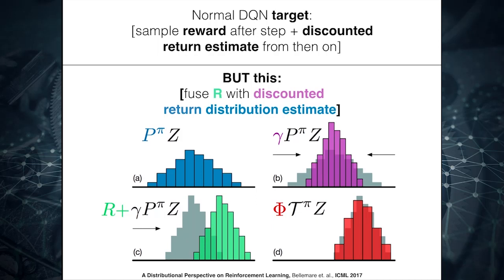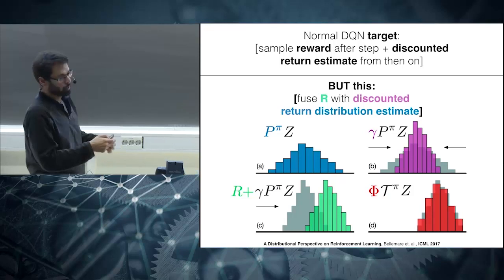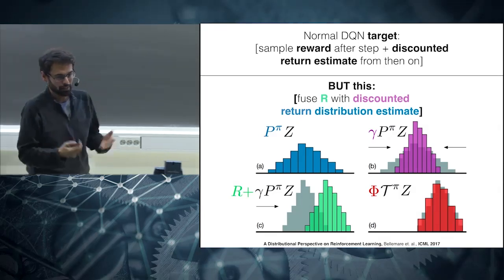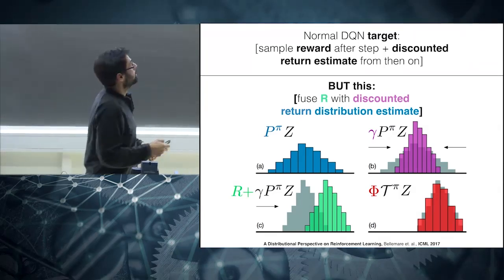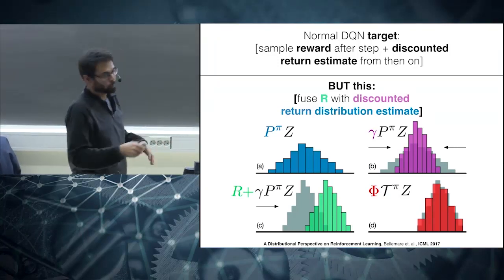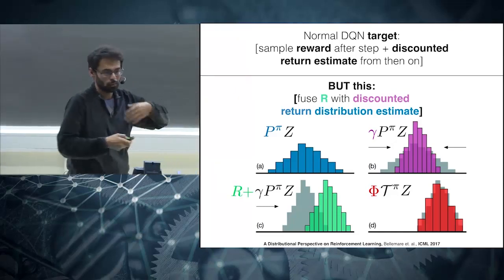So here you do a similar thing. You integrate. Of course, the next step is also discounted, depending on how you want to discount the returns. So the discounting squeezes this histogram here. Then you add this immediate reward to this, which shifts the histogram. And then you project this histogram onto the same support as predefined originally. And there you get the target. Now you have this new target that you want your action distribution to move to.